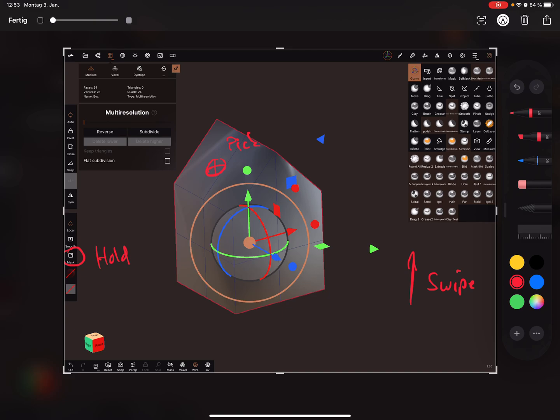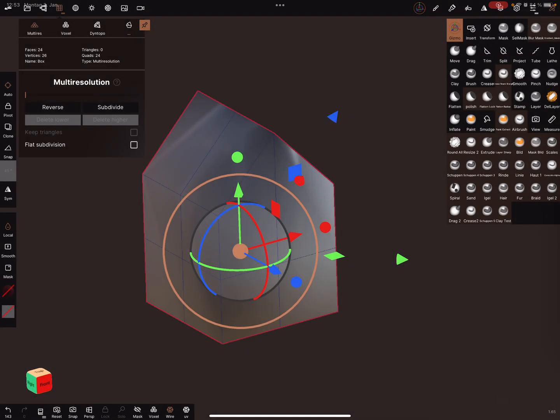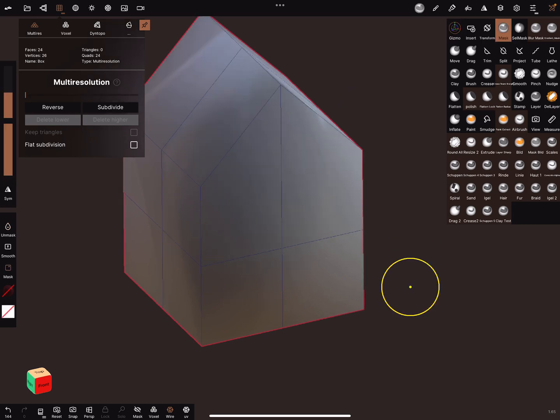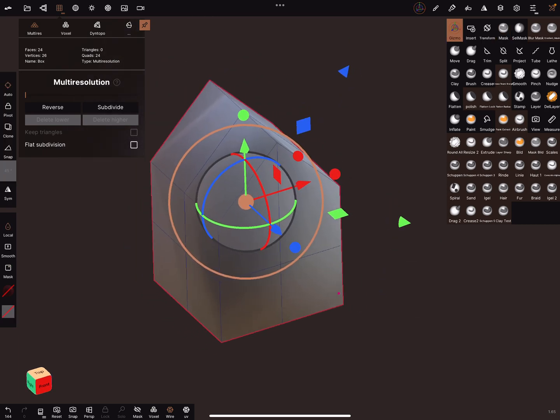And there's also a shortcut for the blurring and the sharpening. And yes, these shortcuts are very important. I hold the mask and swipe, and I clear the mask.